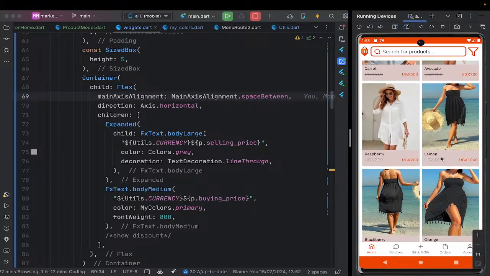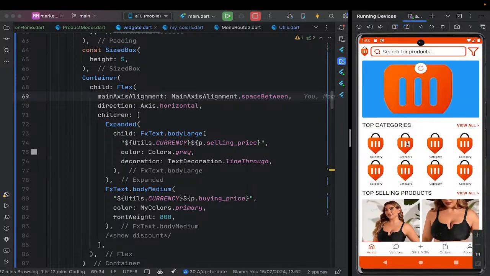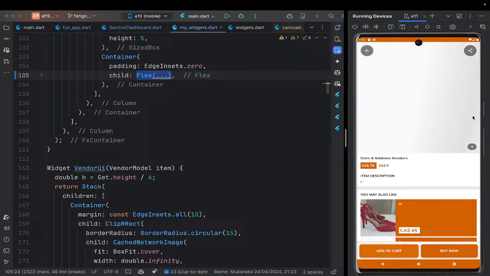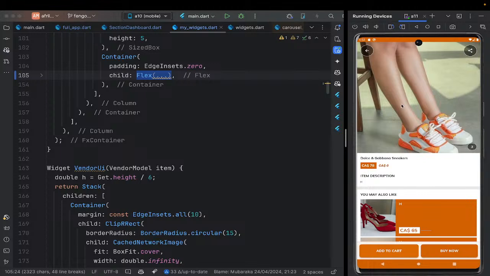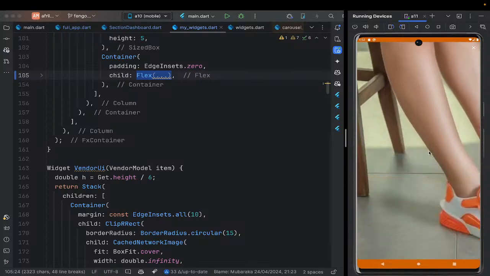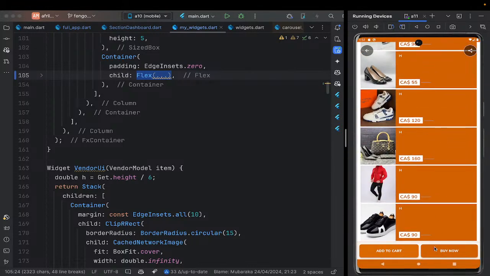Let's proceed in the next lecture where we show the details of a product. We could have a slider showing multiple products, and logic for zooming in, zooming out and closing, and then, if time allows,